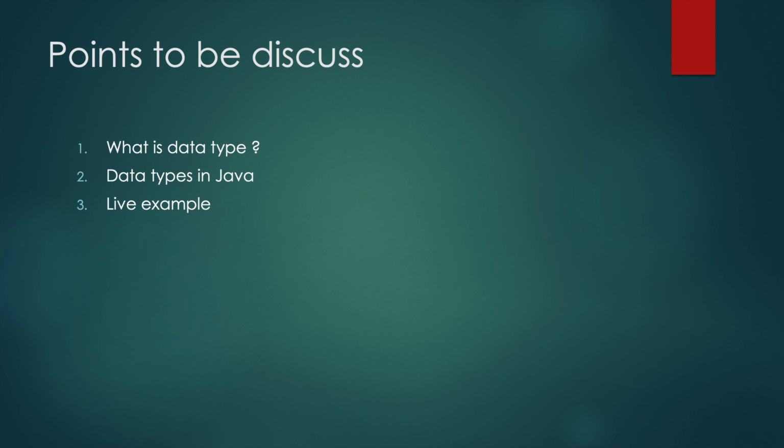Data types specify the different sizes and values that can be stored in the variable. Java is a statically typed programming language, so that means all the variables must be declared before their use. So that is why we need to declare the variable's type and name. It is all about data types. So for example,